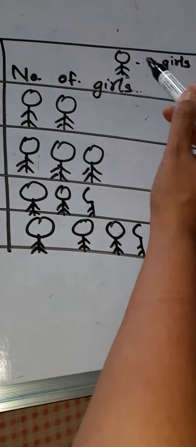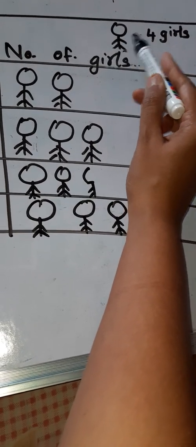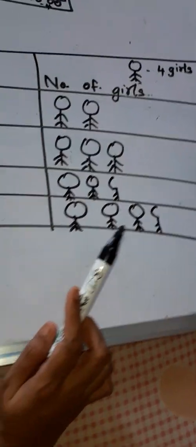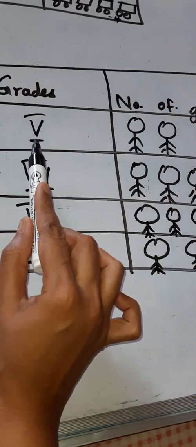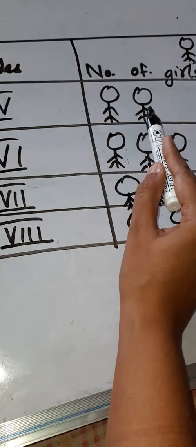The second option is another pictograph, which again has only two columns: the different grades and the number of girls in each grade. But again, the top right part is important. Here each picture represents 4 girls, so we need to multiply. For grade 5, you have 2, so 2 into 4 equal to 8. And grade 6, you have 1, 2, 3, so 3 into 4,